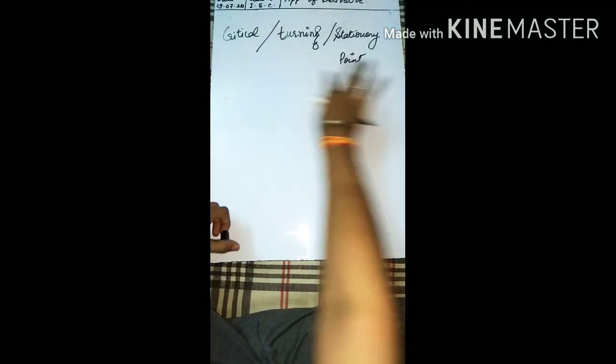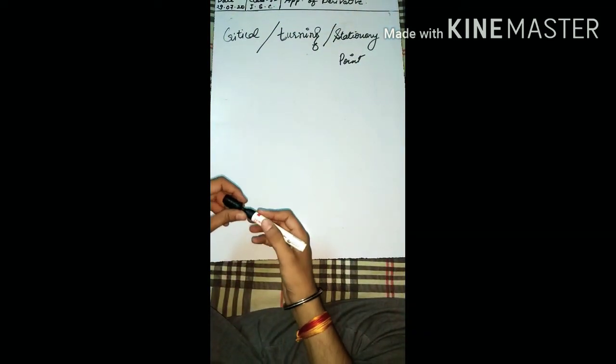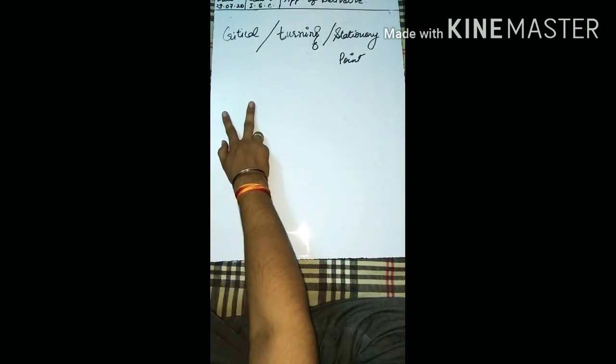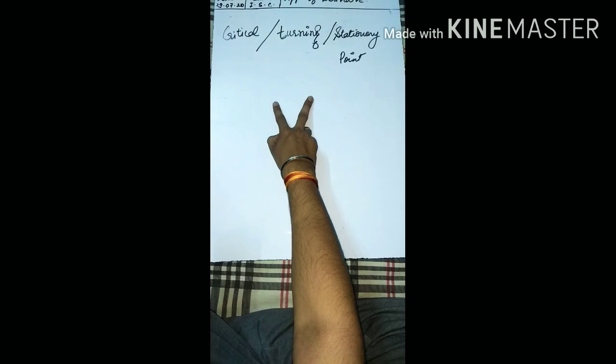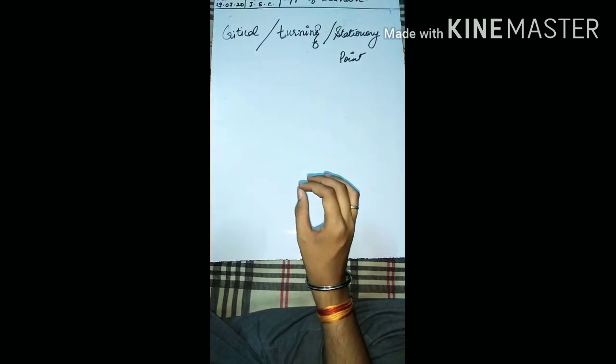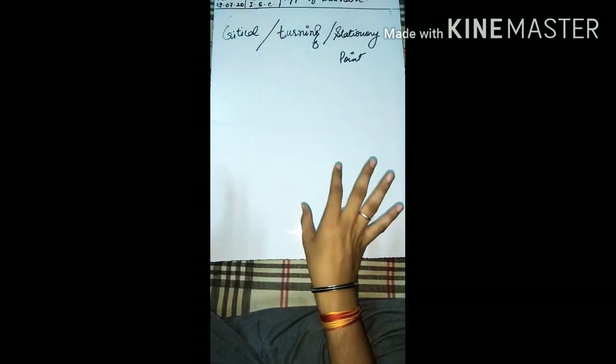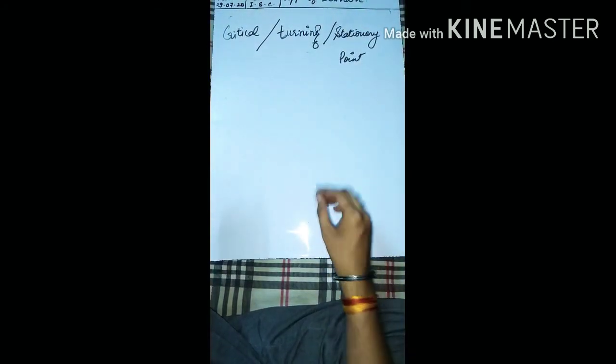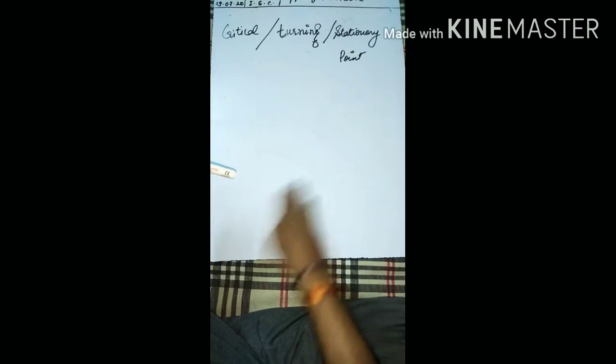They all are the same. So why have they used this many terms? Just to make the thing very clear. Critical point, okay, it is somewhat difficult to understand. Turning point, that means we all have some turning point in our life where our life changes. Stationary point, I'll explain to you with a very beautiful example.